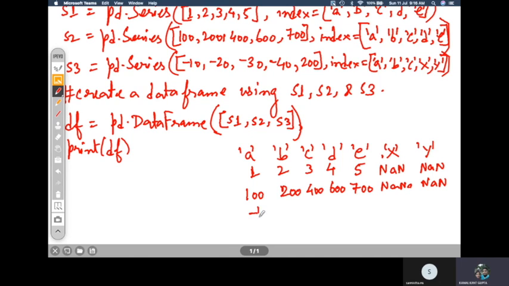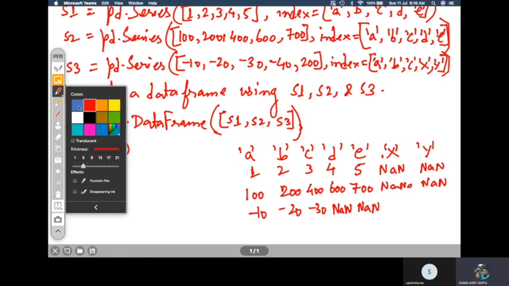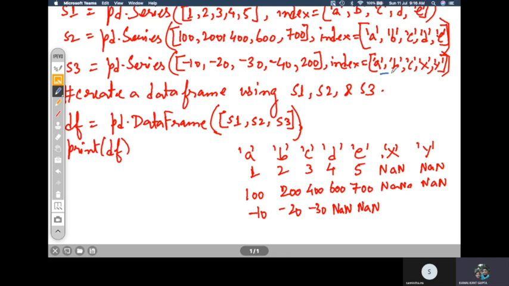So for ABC -10 -20 and -30 will come, but for D and E the third series doesn't have any value. So for D and E there will be NaN and NaN, because you can see that in the third series we have only A, B, C as the indexes which were earlier declared, and there are new indexes X and Y.